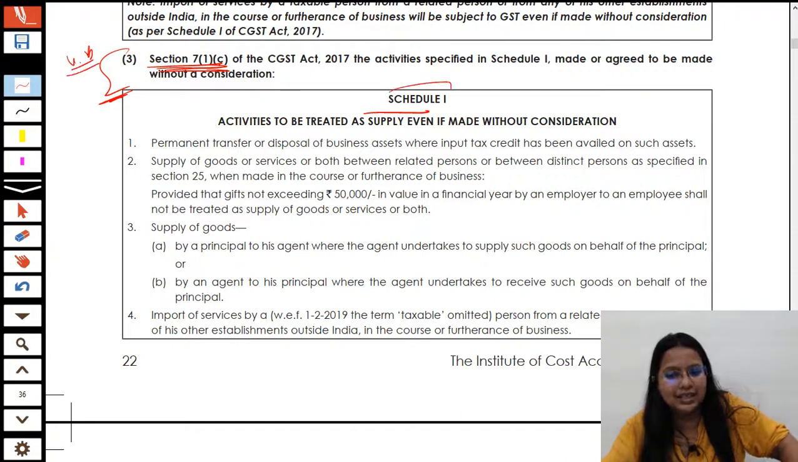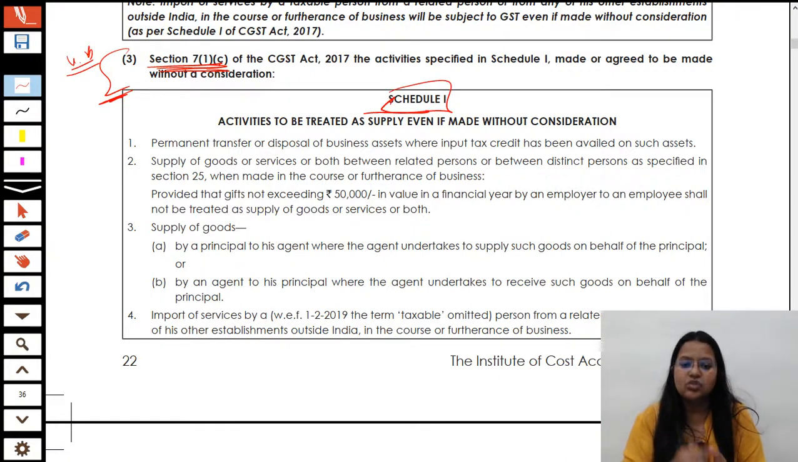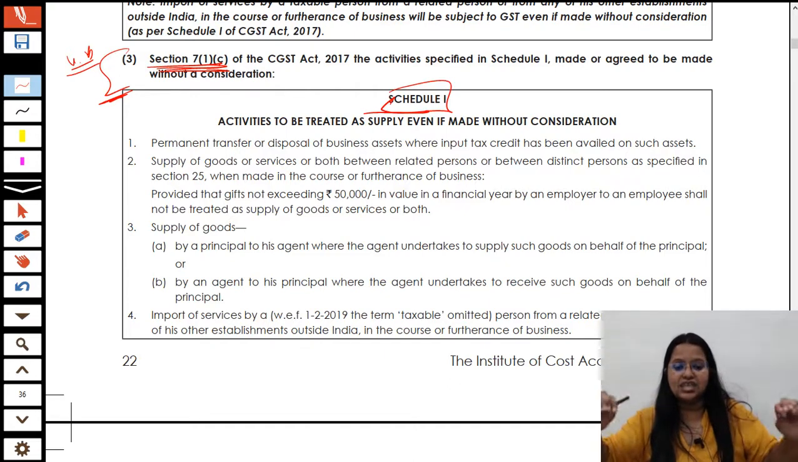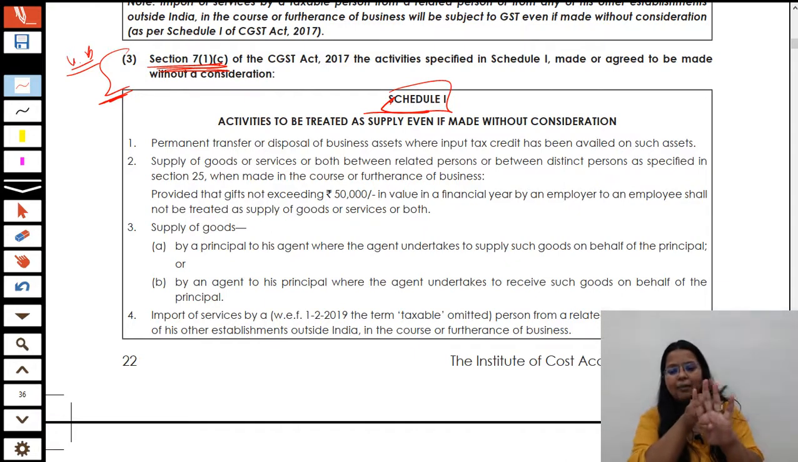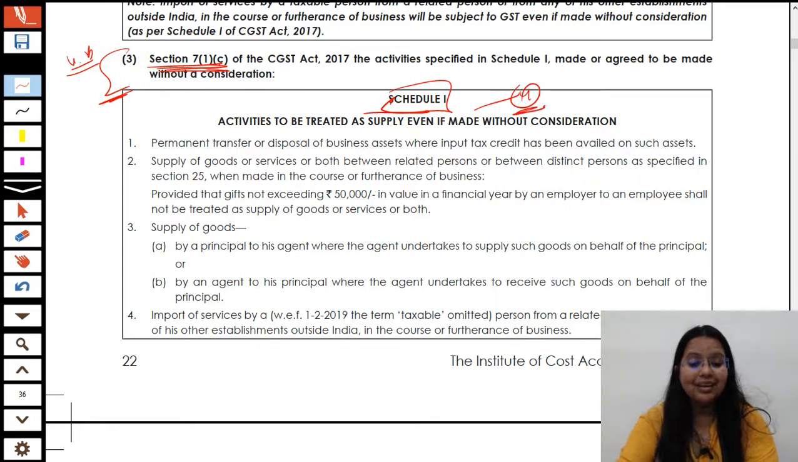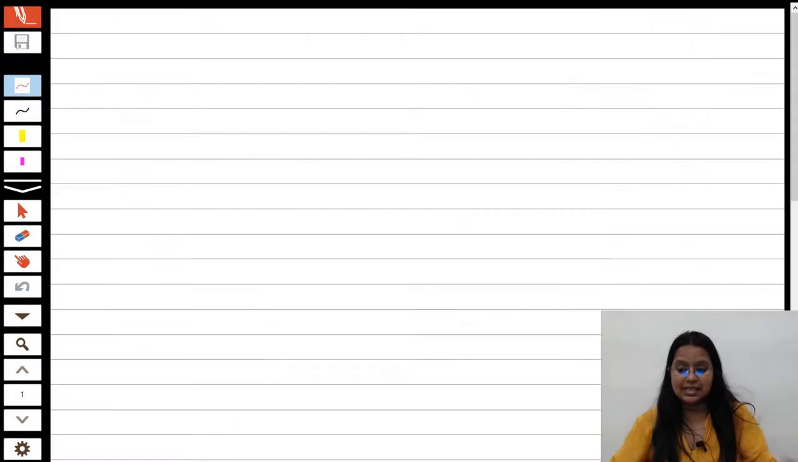Schedule 1 says that there are some activities which are to be treated as supply even if they are made without any consideration. And how many kinds of activities are there? There are 4 particular activities. The very first activity says that if there is permanent transfer or disposal of business assets,